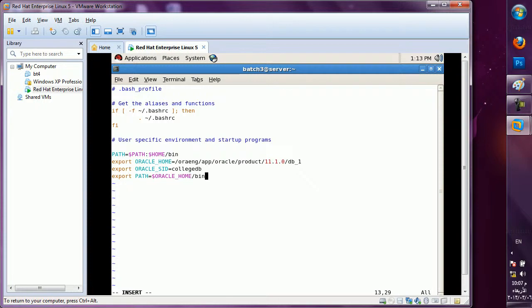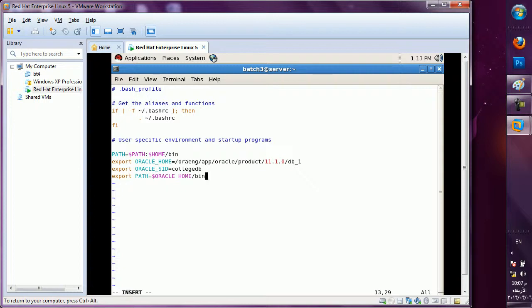Till db1 it's my common path, but sometimes after db1 I require the bin folder also. One more folder is there after db1, bin. That's why I want this folder. In bin my Oracle commands are there.